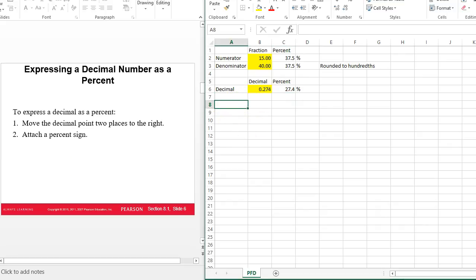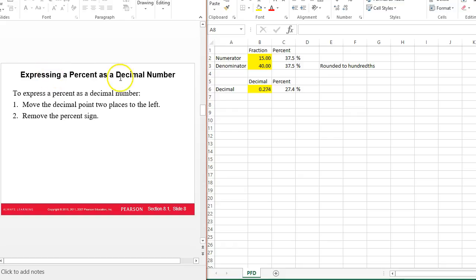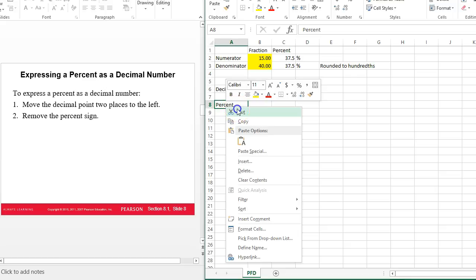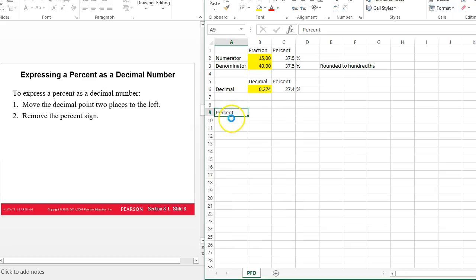Alright, and then a little bit further down, we went from a percent to a decimal. So we start off with a percent, and let me cut that, put it down one more. So I started off with a percent and went to a decimal. Alright, and then how do we do that? Well, we take the percent, like 55%,